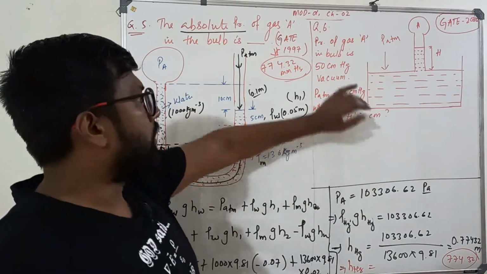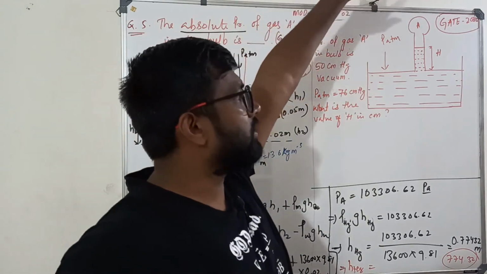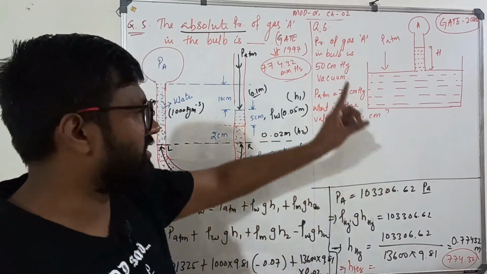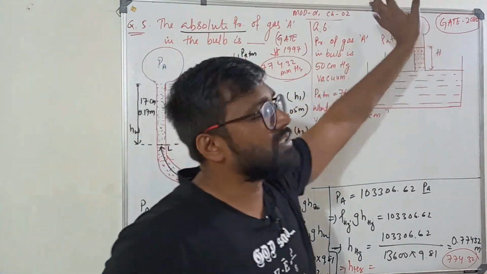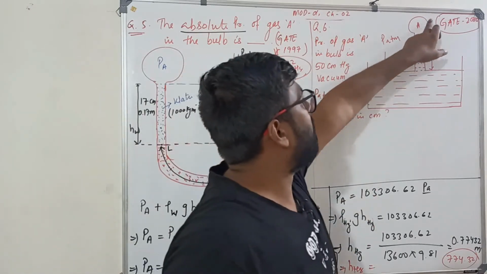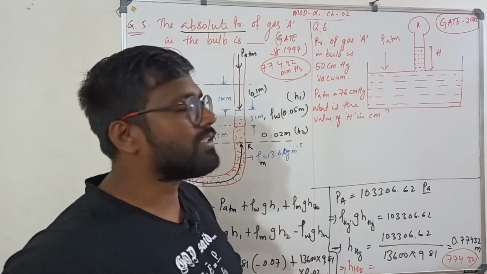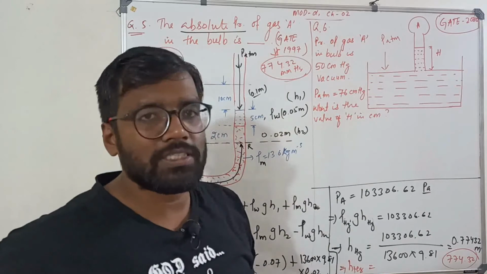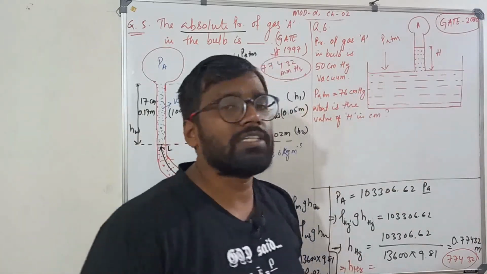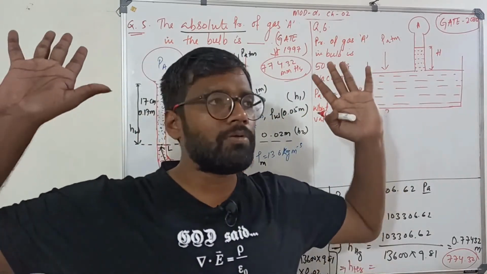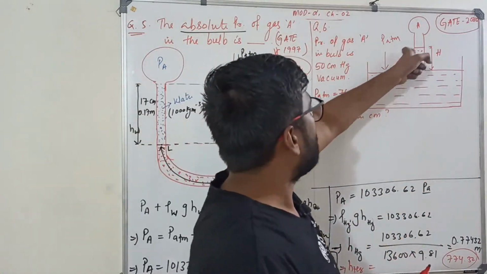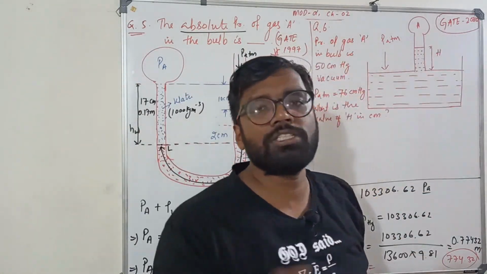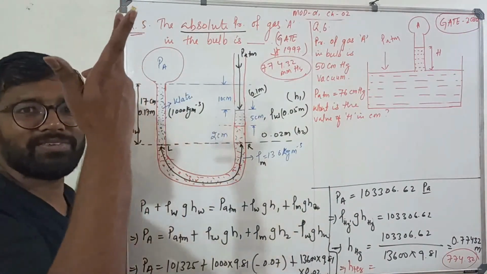Okay. Good. Now coming to this question, GATE 2000. See, this question has come for 2 marks, but this is a very, very easy and interesting question. You can directly say the answer. This vacuum pressure is 50 centimeter of Hg, they say. Atmosphere is 76 centimeter of Hg. What is the value of h? So many good people will write 26. No. See, simple. This is 0. This is minus 50. So what is the value of h? 50.